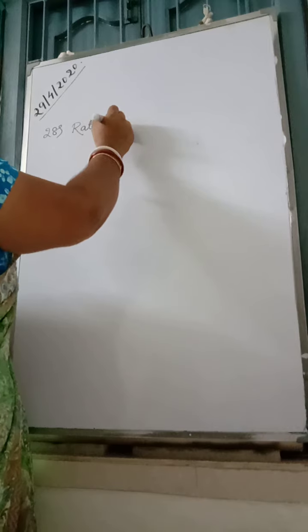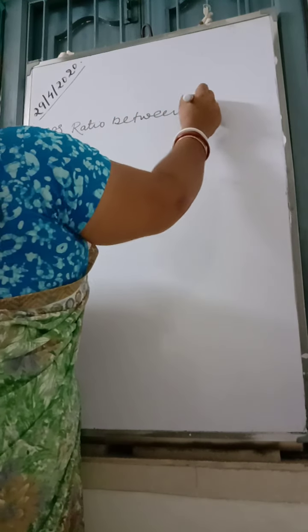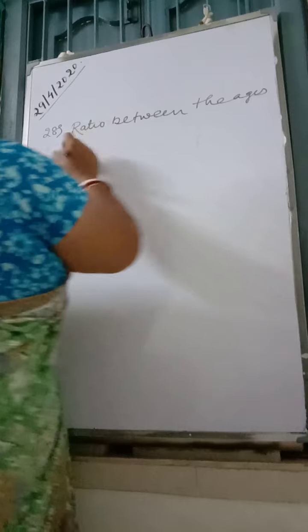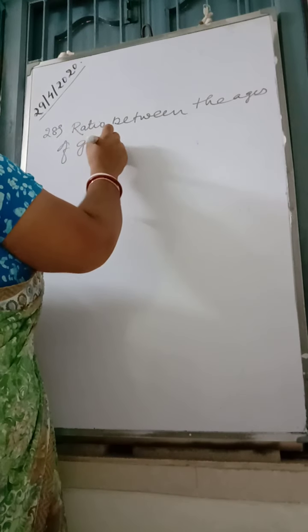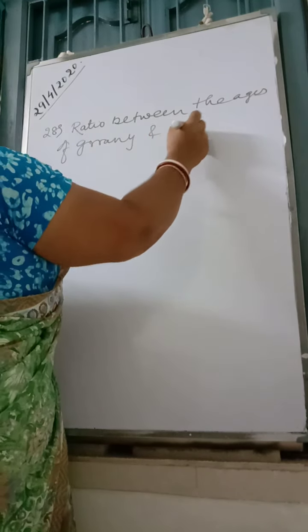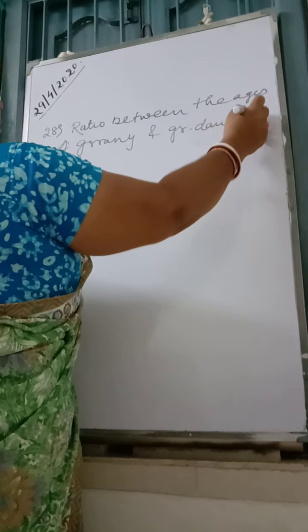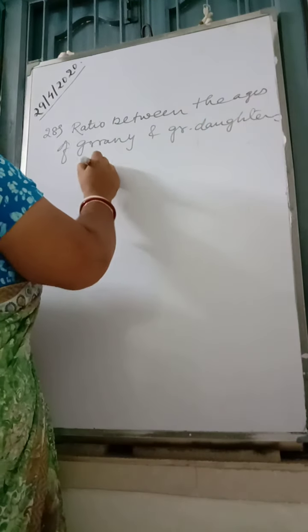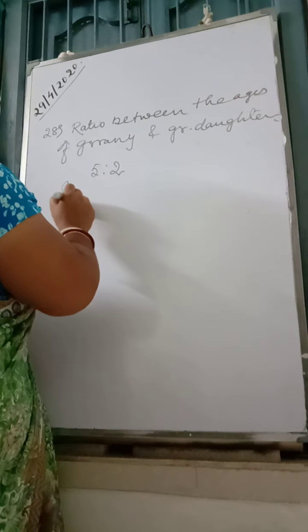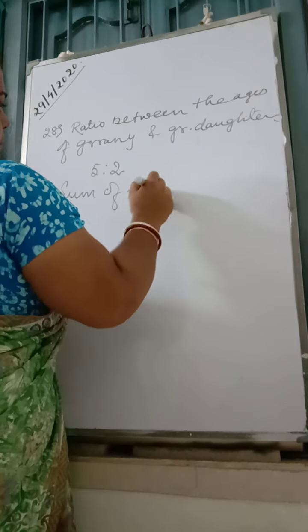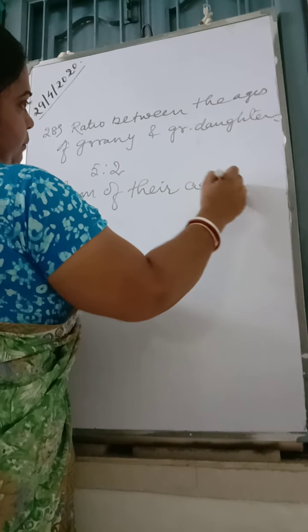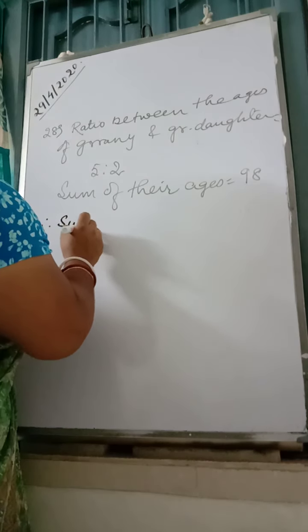Now 28. The ratio between the ages of grandma, granny and granddaughter is equal to 5:2. Sum of their ages is 98. So what we are going to do? We are going to do sum of the ratio, then age of grandma and age of granddaughter. Sum of the ratio,